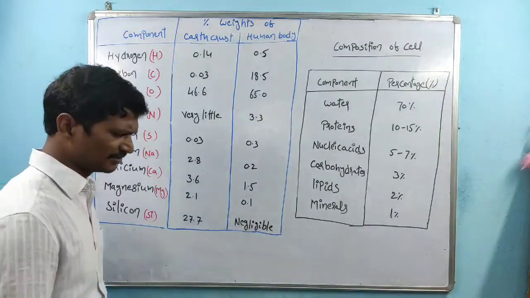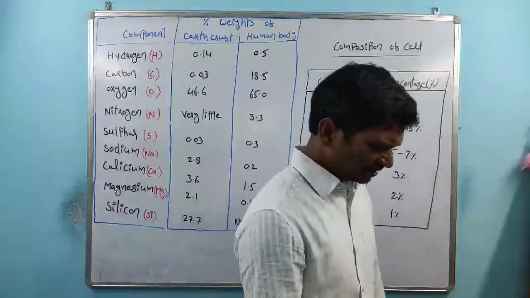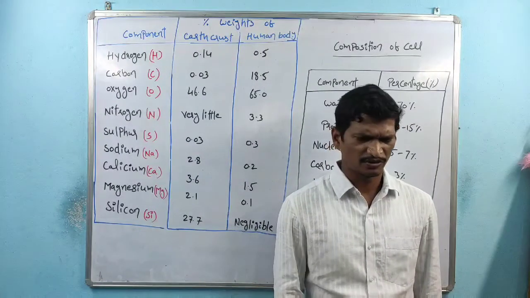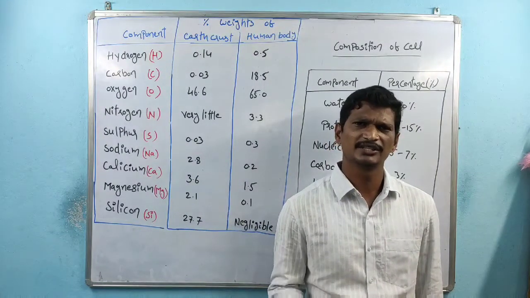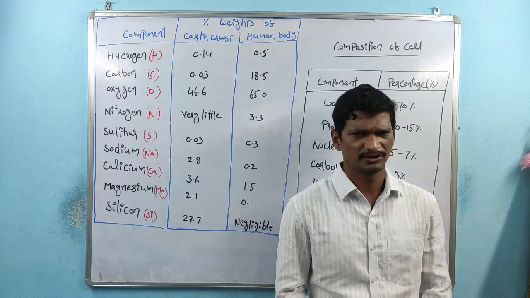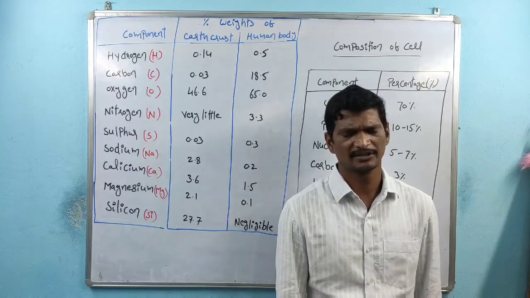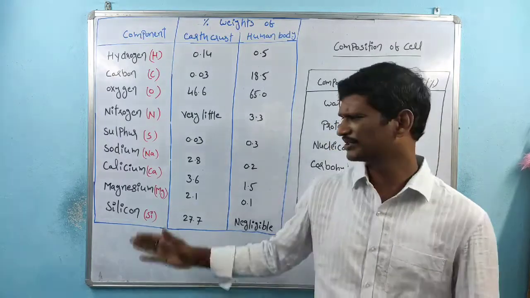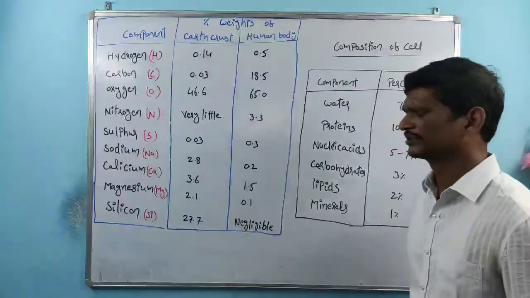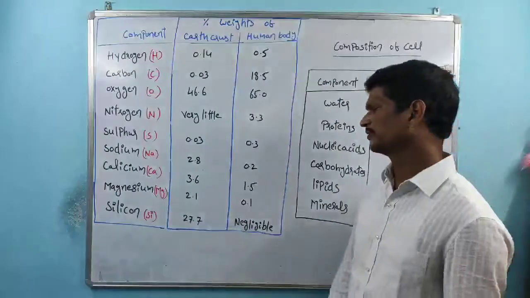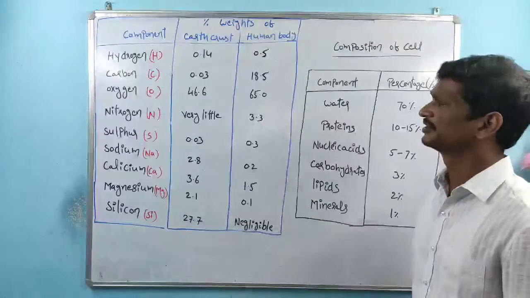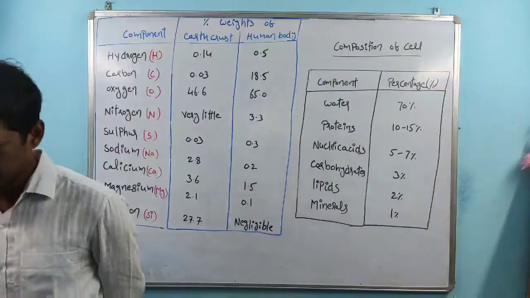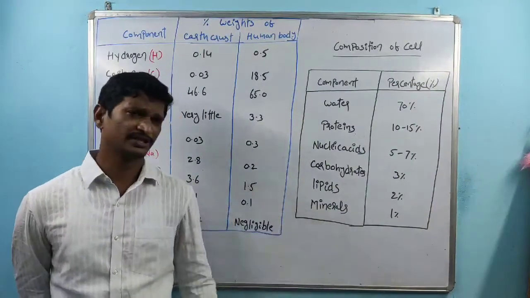This is one of the very important elements. Calcium is especially involved in certain enzyme activation processes. Calcium ions are involved in bone formation, which is a common example, and along with that, some enzyme activation also depends upon calcium. Coming to the next one, magnesium, is 2.1% and 0.1%, within the crust and the human body.